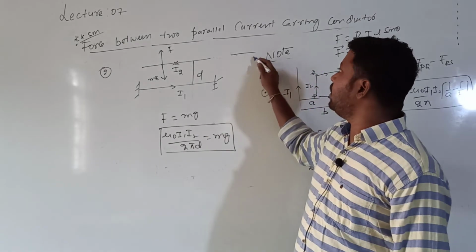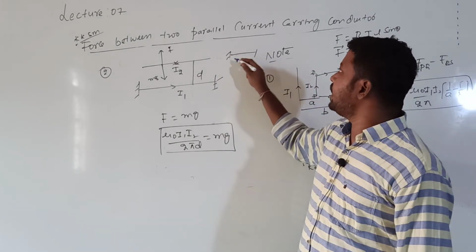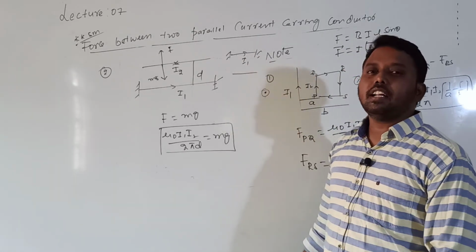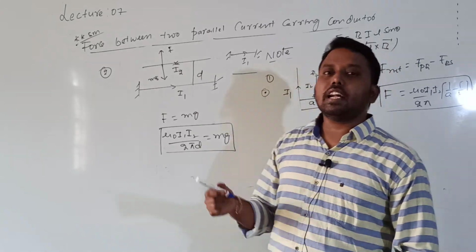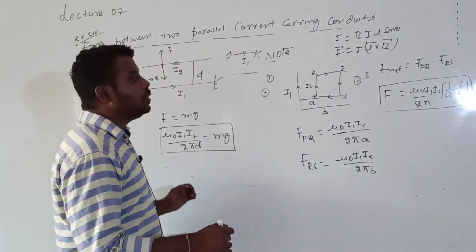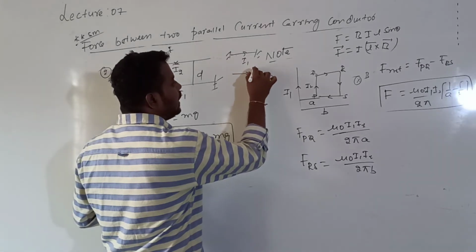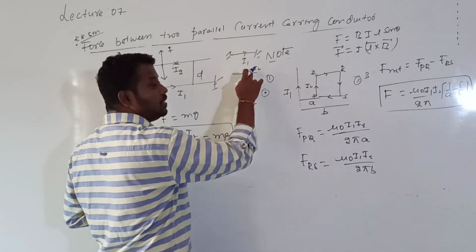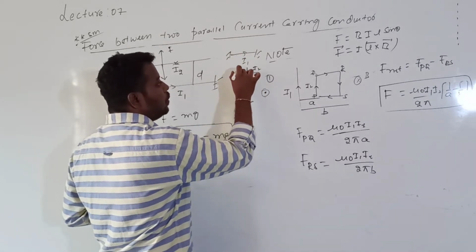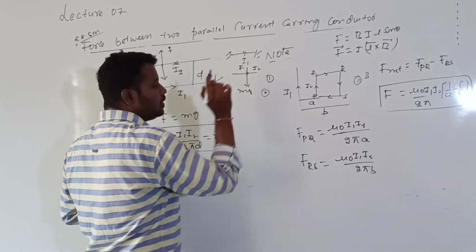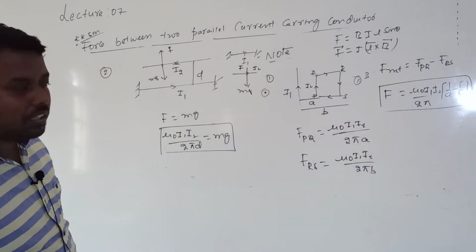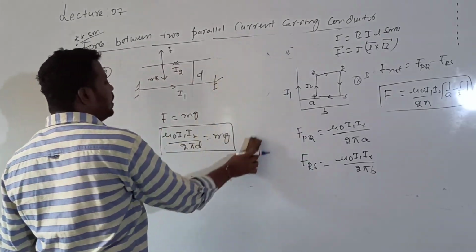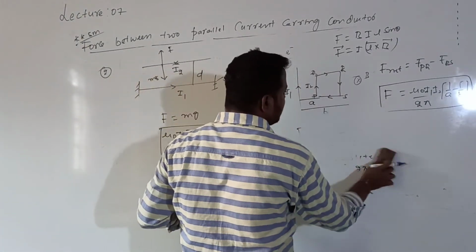Now consider the same for below: this is the fixed current carrying conductor carrying a current I1. If I place another current carrying conductor below it, for this below conductor to be in equilibrium, the condition is that it should also carry the current in the same direction. When it carries the current in the same direction, both will attract each other. That force of attraction will be balanced by the weight. So this is another important point for doing numericals.